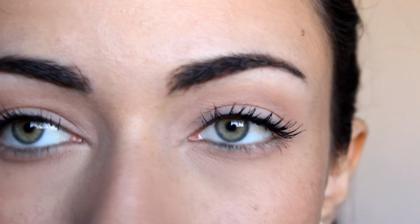That will make them look like you have really thick lashes, like you have lots of them, but still not too long, not like you have many coats of mascara on. Then I'm going to take my